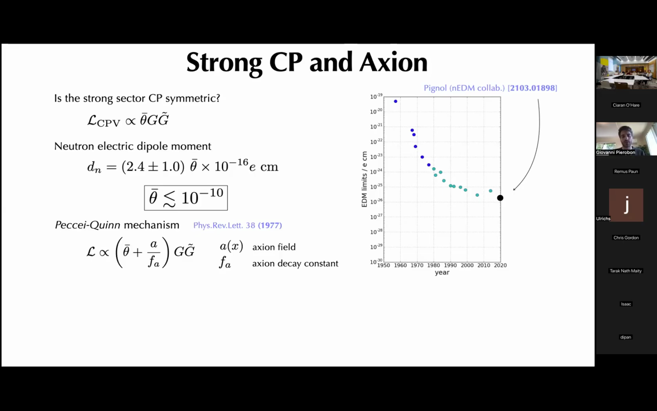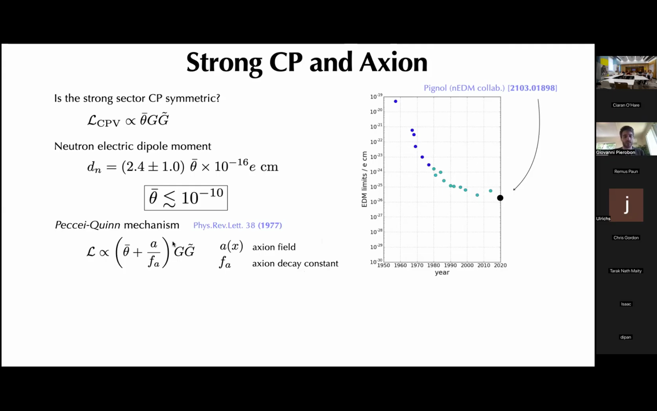The idea that Peccei and Quinn had almost 50 years ago now was, well, maybe there's a dynamical explanation to this puzzle, and they thought of, well, what if we extend this parameter to be a degree of freedom, so the dynamical field, in this case, a(x), is a field. We normalize it by an energy scale. So f_a is called the axion decay constant,